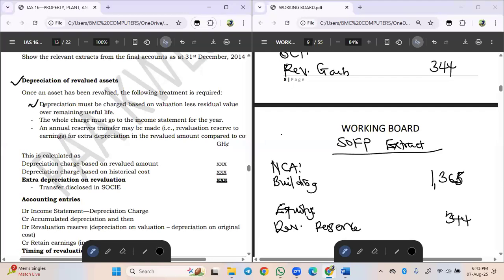One, depreciation must be charged based on valuation less residual value over the remaining useful life. Okay, so what we are trying to say is that once there is revaluation,